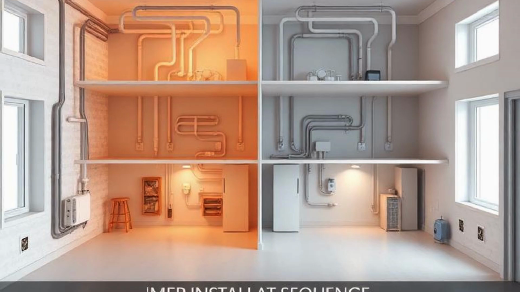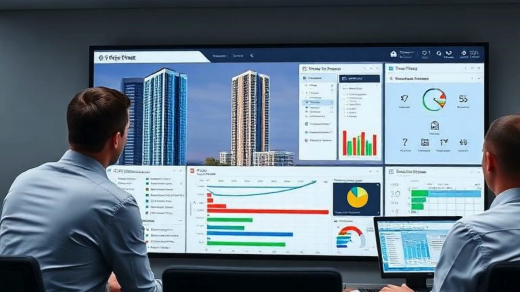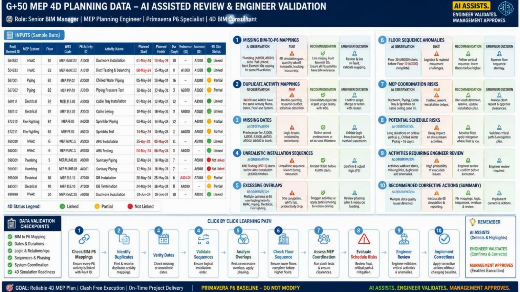Using the schedule for 4D simulation, we need to control the planning reference. Artificial intelligence can help identify anomalies or suggest improvements, but the approved project baseline remains under planner and management control. We now bring the federated BIM model into this same environment where we will visualize the P6 schedule on